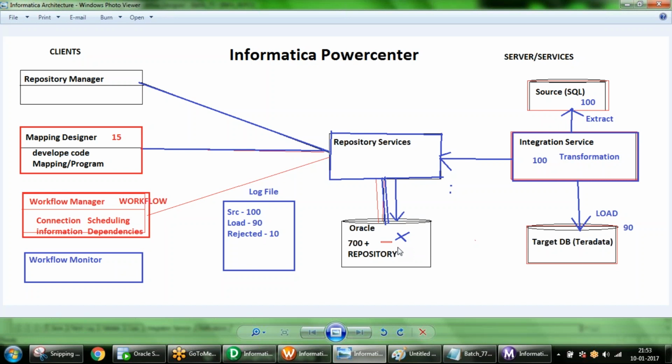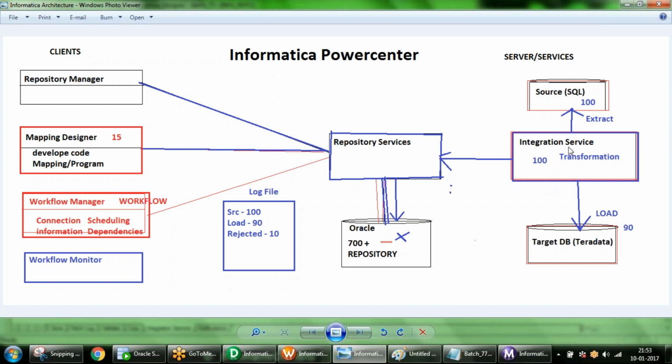You are starting a workflow called WF underscore test. It has a component called session. Session internally pointing to a mapping. And in the session settings, we have provided one connecting string. In the target, we have provided another connecting string details.